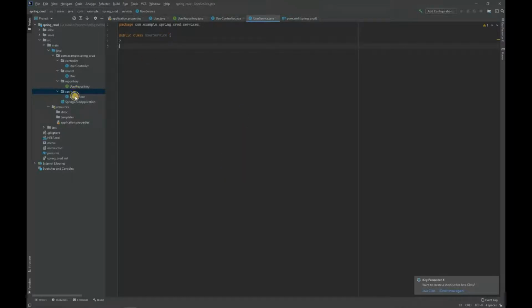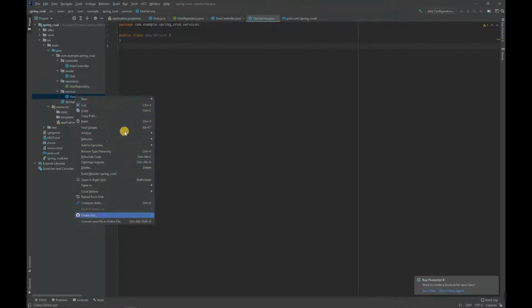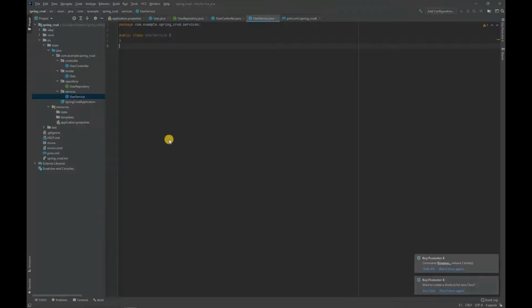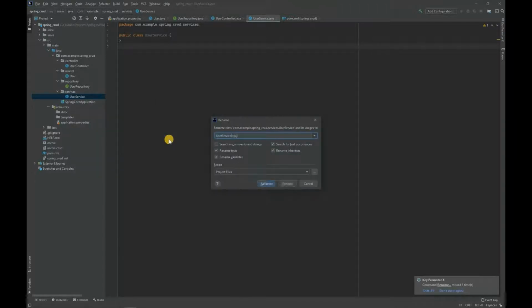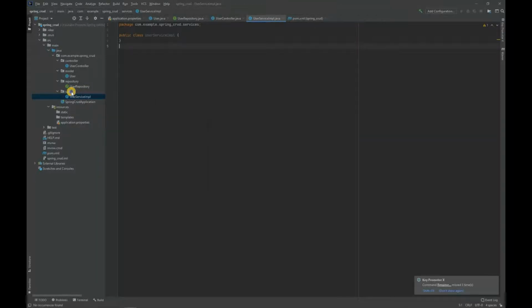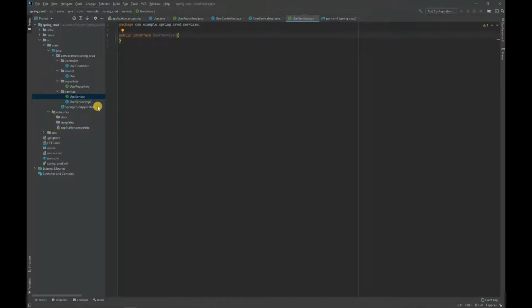Oh, we have, let's just refactor it. It is UserServiceImpl, and now we add our interface UserService. What these two do is